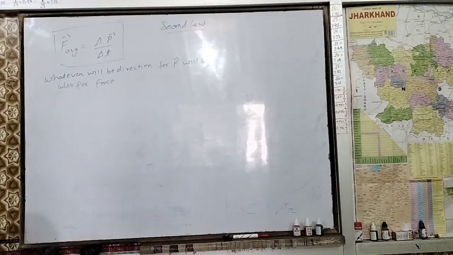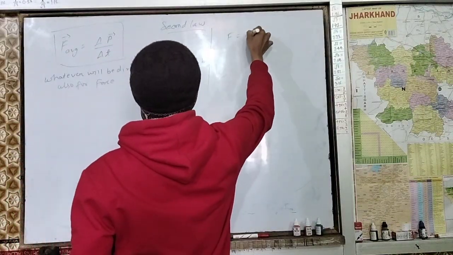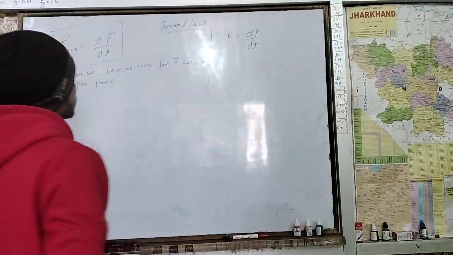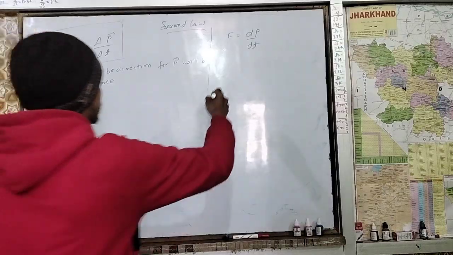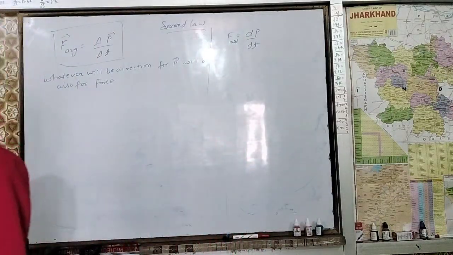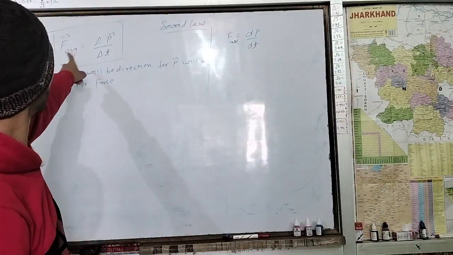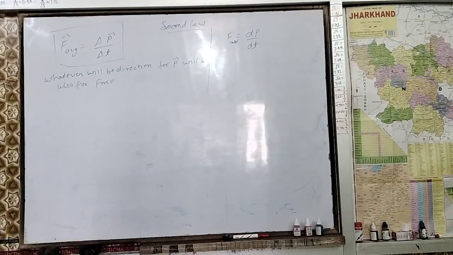Next we have F is equal to dp upon dt. Just for instantaneous force. This is known as instantaneous force. For instantaneous force we have dp upon dt. For total average force we have delta p upon delta t. Both are different, a little bit, not too much. Remember,